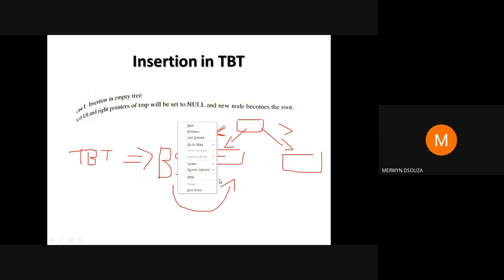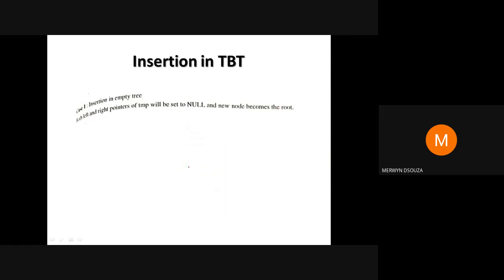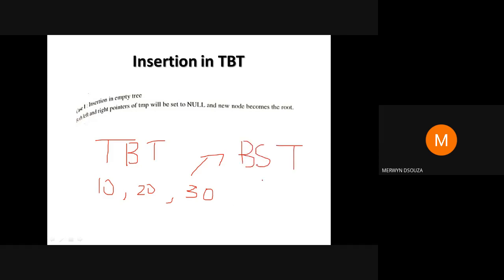Now I've already explained to you how to create a binary search tree and how to do the insertion, so I will not explain again how to create a threaded binary tree. Given some values and told to create a threaded binary tree, you can create it using the binary search tree method: lesser values on the left side, greater values on the right side with respect to a parent node.